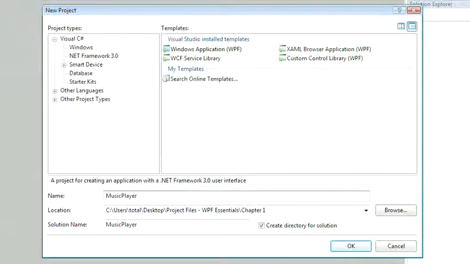Now the other thing that we need to do is specify the location where this project is going to be created, and we can do that in the location bar. If you want to follow along with us, go ahead and create this